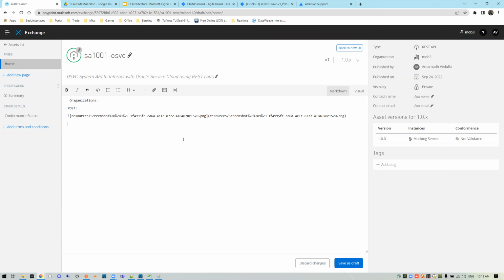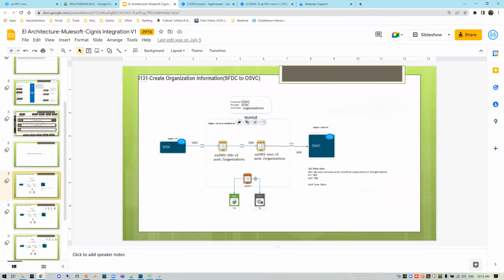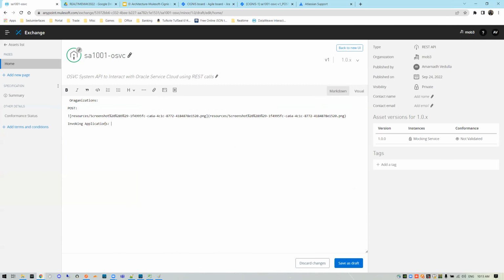So here I need to specify which applications are calling. Which application is it going to invoke? Who is going to call this particular system API? The experience API is going to call this particular thing. I need to specify this particular experience API name here, in my exchange. So the invoking application is